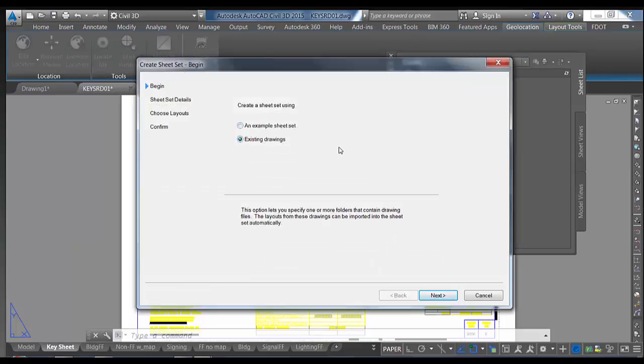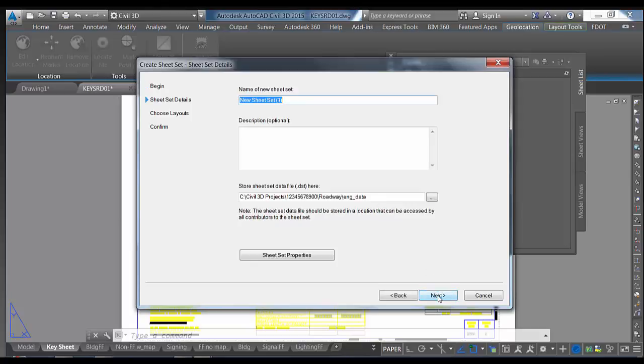I'm going to click on the down arrow, and this time we're going to create another new sheet set, but we're going to use an existing drawing. This is a drawing that maybe just has a title block in it, but it doesn't have any data fields or anything defined in it. So that's what we're going to do here. So I'm going to choose existing drawings and click next, and it asks me to give this new sheet set a name. I'm just going to call this